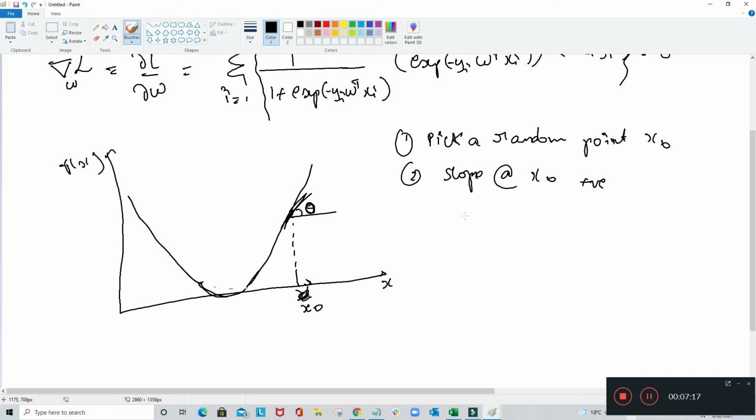So what we have to do is find the minimum value of this function. So essentially, finding the global minimum. How it works is we'll pick a random point x0, and in the first iteration from x0